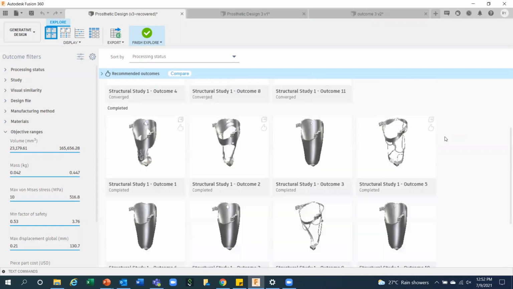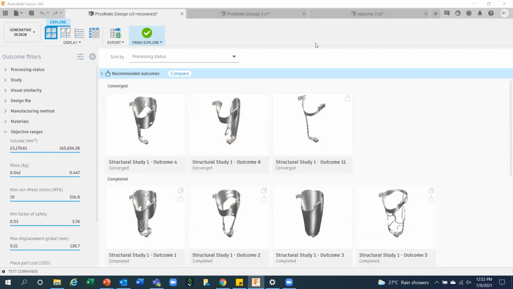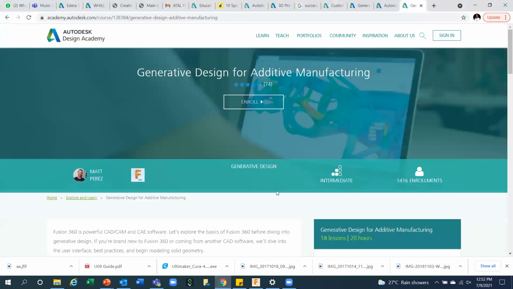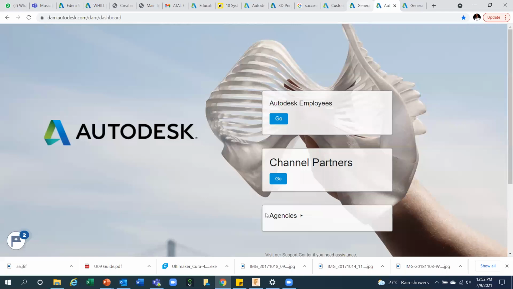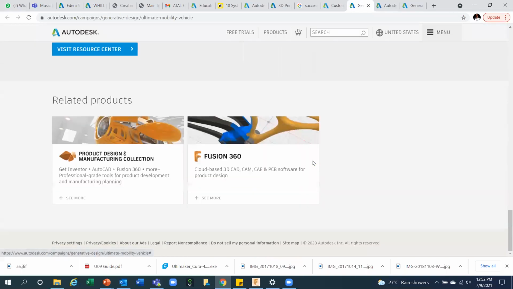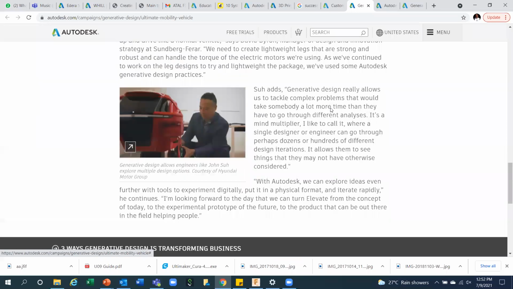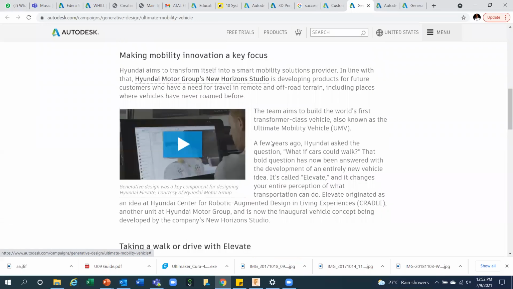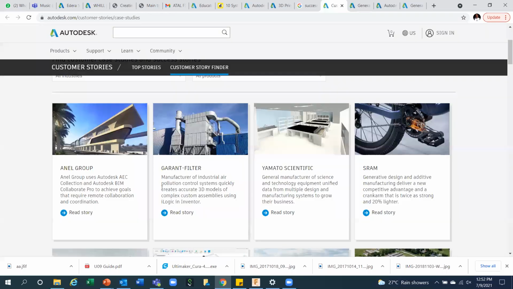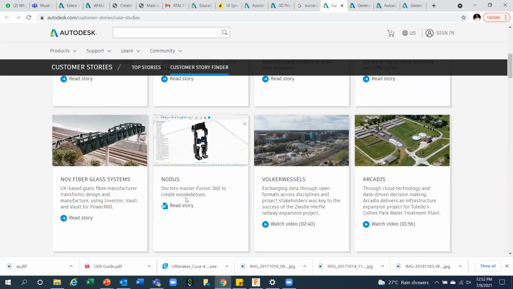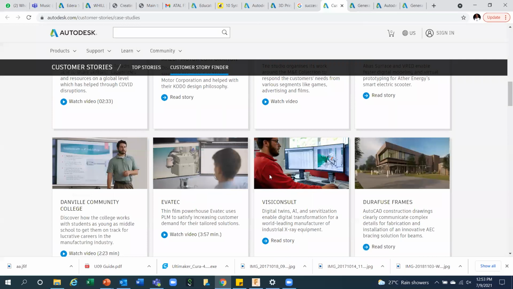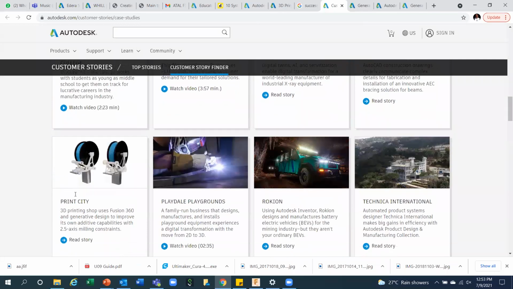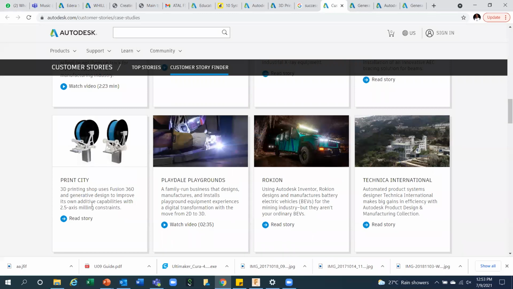Anybody is having any doubt? You can go to the Autodesk website also for the different case studies on generative design. So this is the customer success stories. I'll show you one: this one, Notice doctors make Fusion 360 to create exoskeletons, and this one, let me show you this generative design. See, Print City 3D printing shop uses Fusion 360 to improve its own additive manufacturing with 2.5 axis constraints. If I click this entire story,